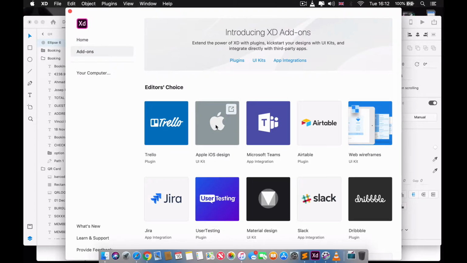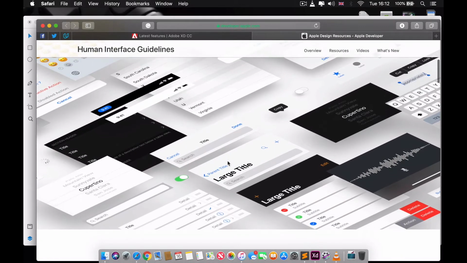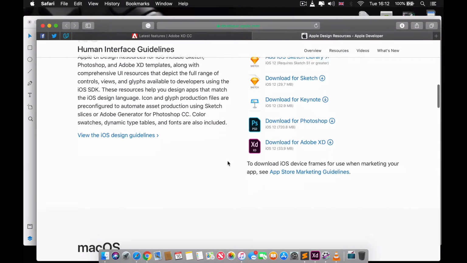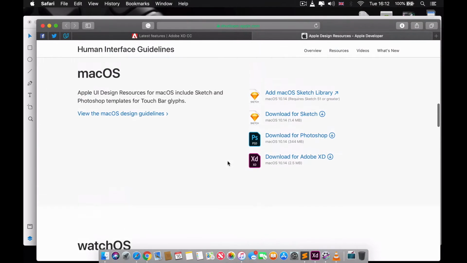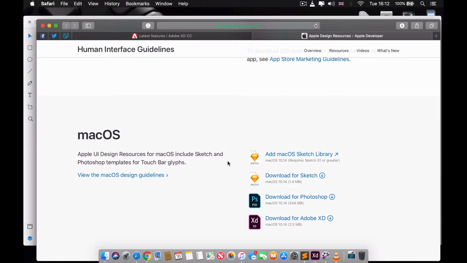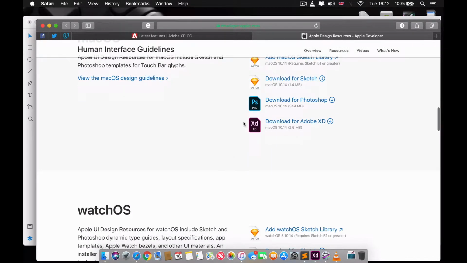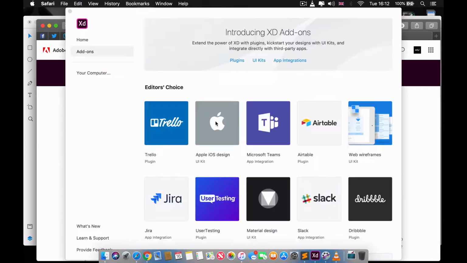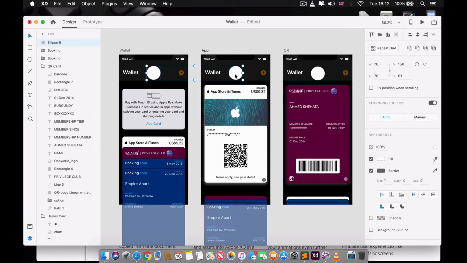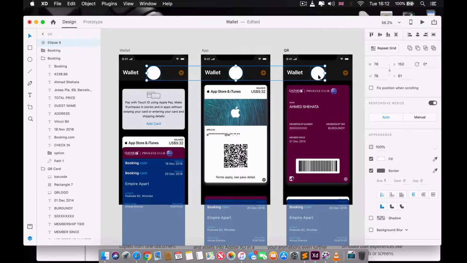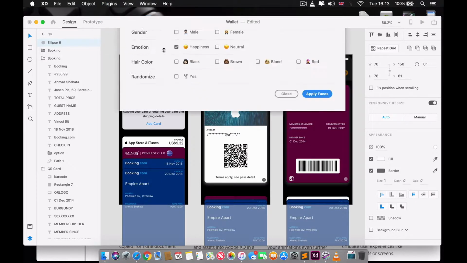taste while designing. So if you're designing something related to iOS, you simply click on it and then you will be redirected to the Apple website, and you will be able to download all the designs used for all the pre-made icons and shapes and so on related to iOS devices. And we go back to what we were talking about, which is the plugins and how they can save you a lot of time. So basically we go to UI Faces,